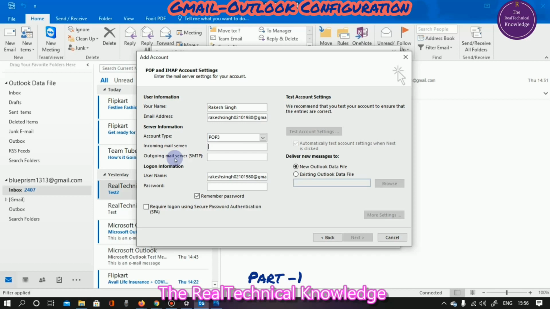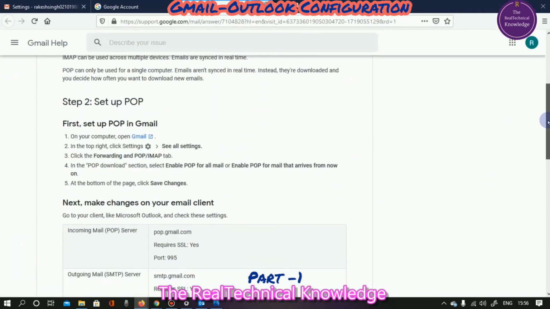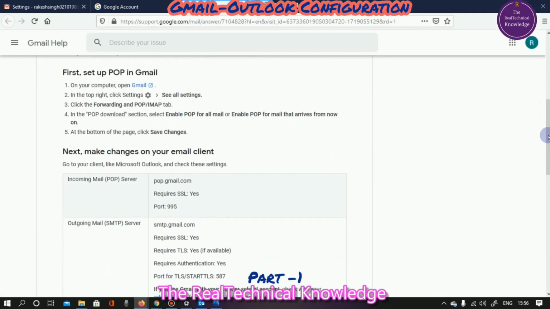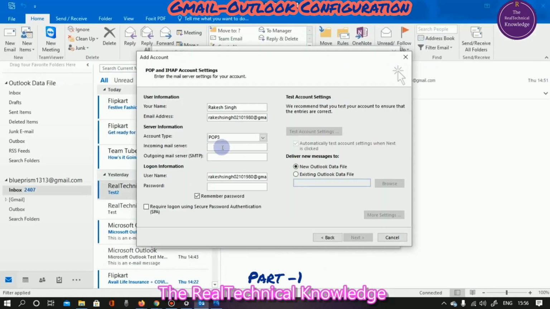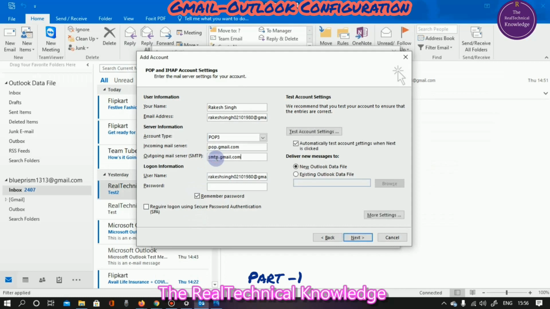So we need to configure both kinds of servers, incoming and outgoing. To update this, we need to pull up our settings option. See, we have already pulled up that configuration instruction. Under this, we have the incoming mail server, POP3 server. That we need to update over there. We need to copy it and paste it here. For outgoing email, we need to configure it like this.